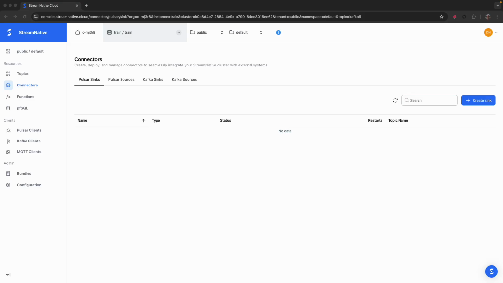Let's deploy a Kafka sync for Snowflake. It supports both Snowpipe and Snowpipe streaming, and we're going to be going through an example using Snowpipe streaming. I've selected the public tenant and default namespace here in the StreamNative UI, although that doesn't matter for Kafka syncs